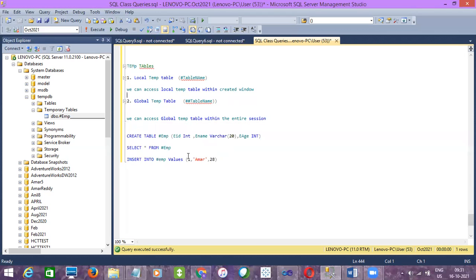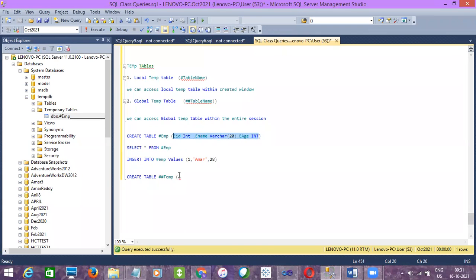In the same way, I'll also create a global temp table, then I'll tell you the difference. Create table double hash. With the same name also we can create, because this is a global temp table, or we can give a different name. That's fine. I'll just give temp, and then the column list I'll give the same.